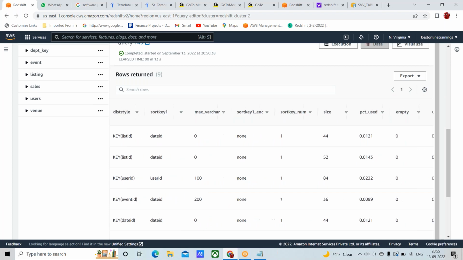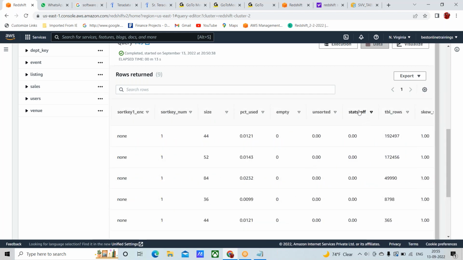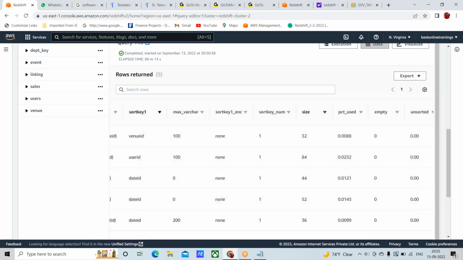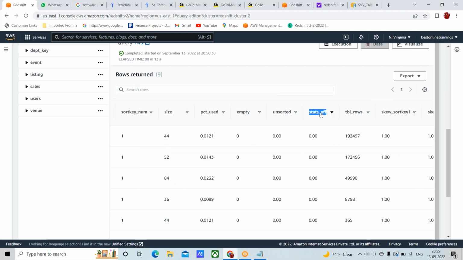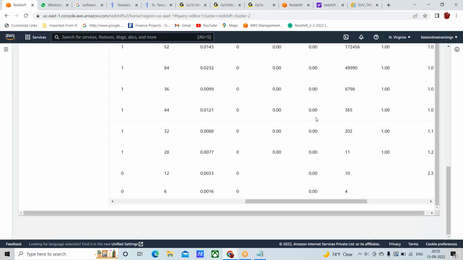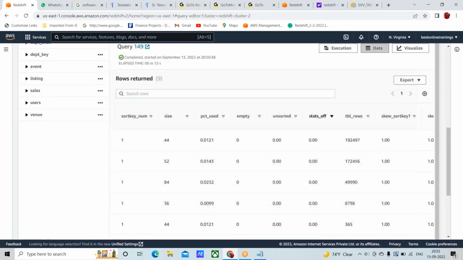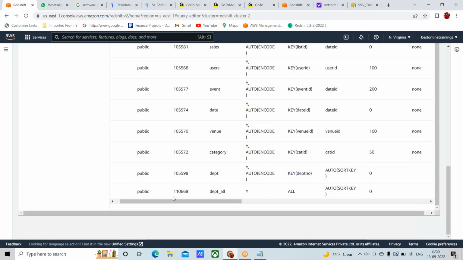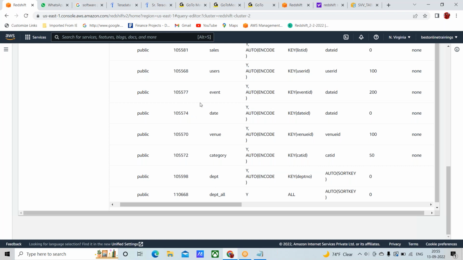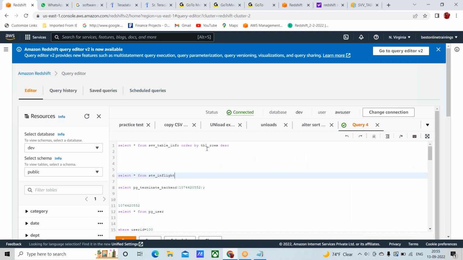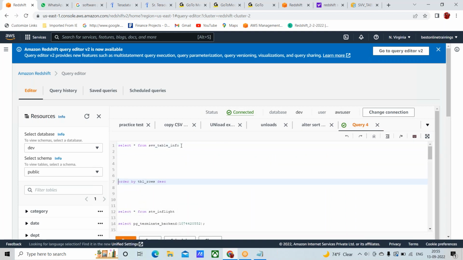Again, from SVV table info, see the column stats. 0 means yes, statistics are up to date. 100 means statistics are stale. Right now I have run the query for all tables, but in real time you may have thousands of tables. Then how do you do it? You just run select star from SVV table info where table equals